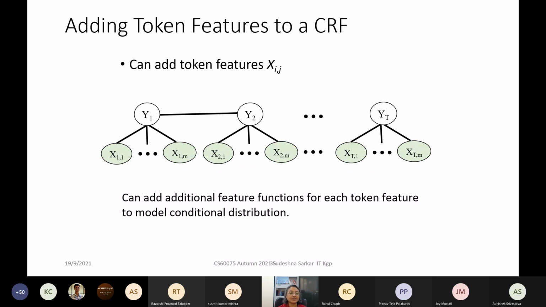Based on what we are trying to do, we can use our domain knowledge to define features. Instead of having just the yt, xt link, for xt we can look at different features like: is it capitalized? Does the word have more than 4 letters? Does it end in ing? So we can use all these features together.